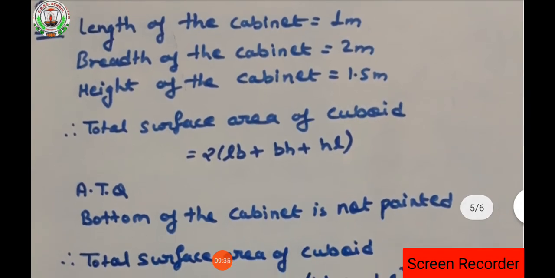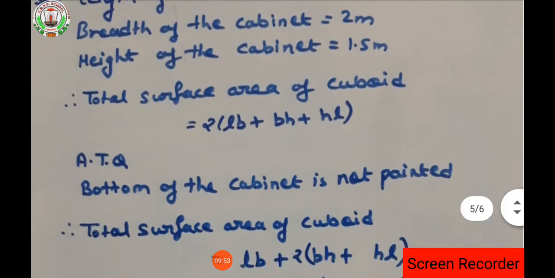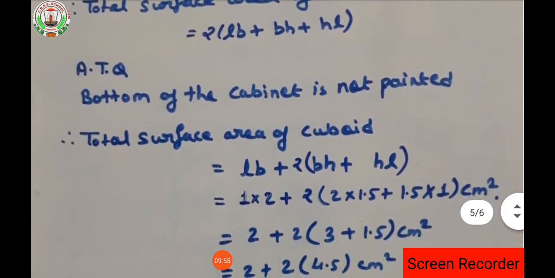So the total surface area of a cuboid, that formula is 2 into (LB plus BH plus HL). This is the formula, as we know that the cabinet is in the form of a cuboid. By looking at the measurements we can easily know, isn't it? So the total surface area of a cuboid is equal to the total surface area of the cabinet. Okay, now